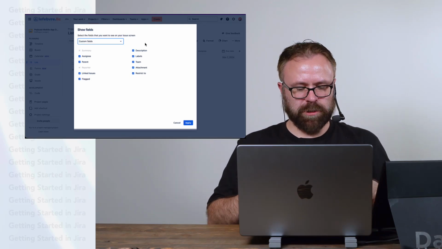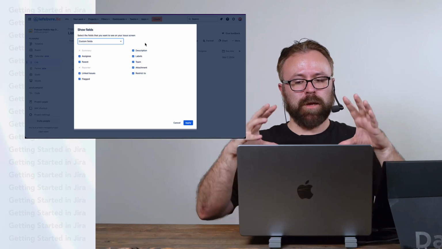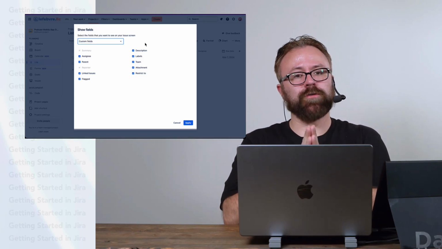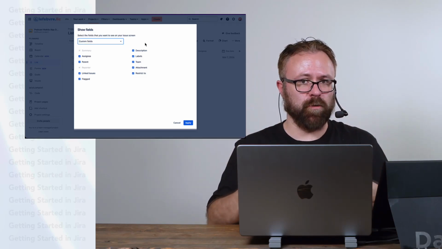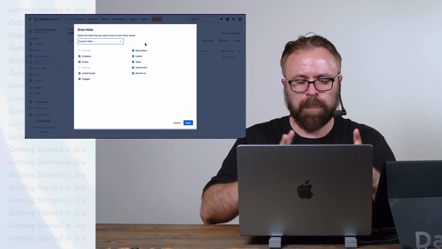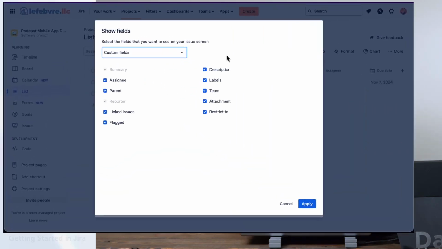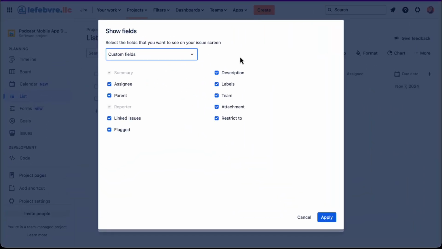Team managed projects have project scope entities, as we learned. So all the fields that you see here are the fields that this project administrator, which is Valerie, because we just created the project with her account, has added to this particular project. So if you still don't see the field that you think you should, that means it's either not in the project itself, or the project administrator hasn't configured the field to be on the issue type that you are